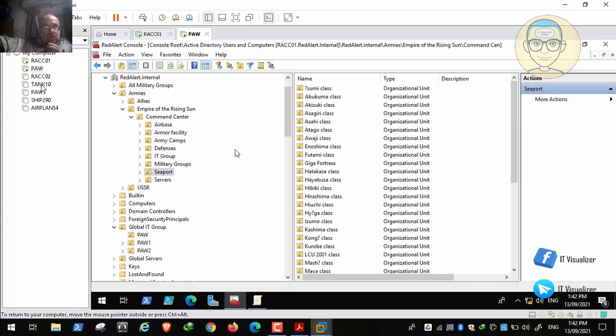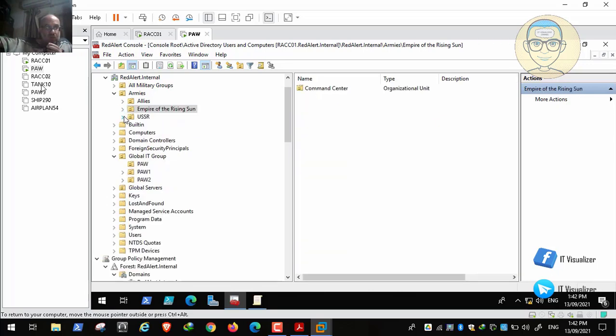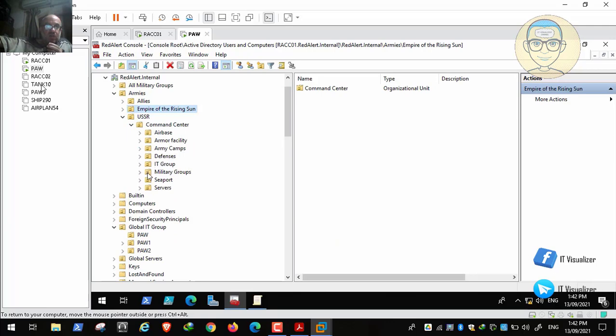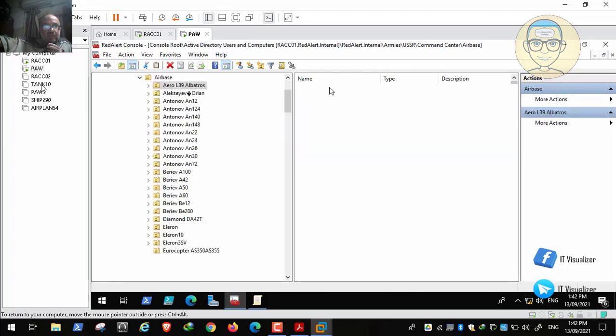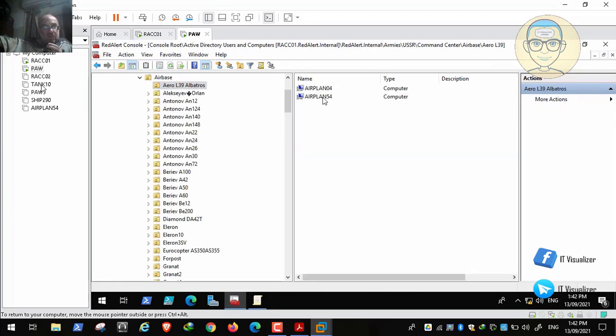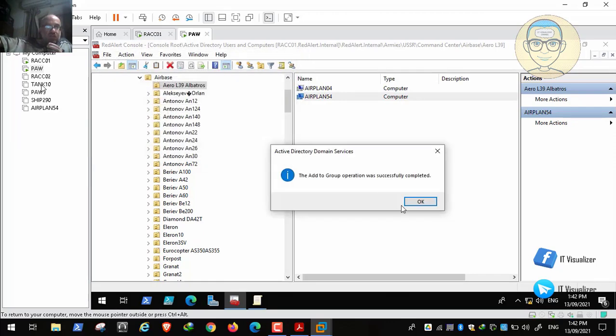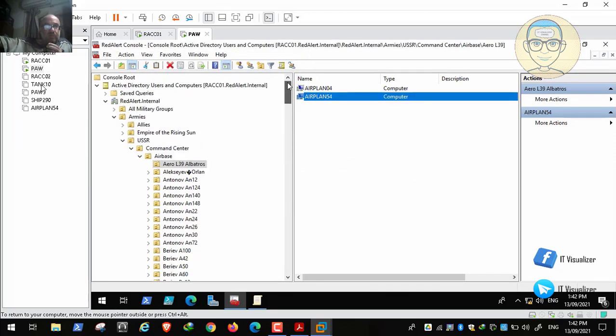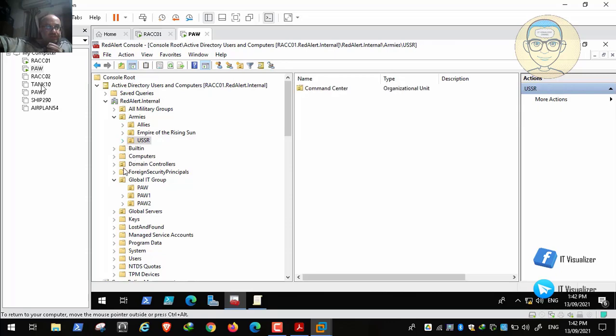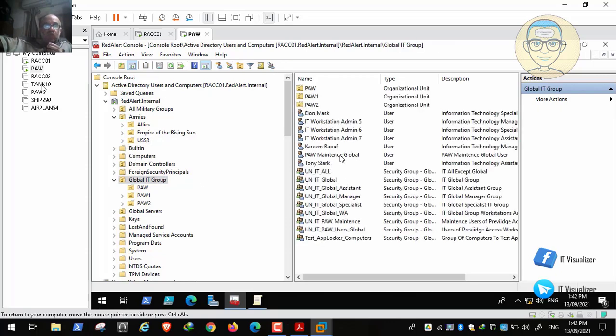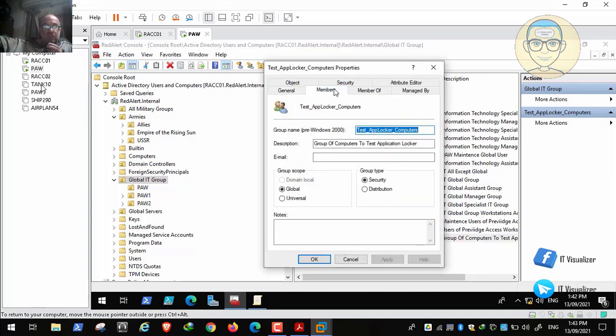Then we'll create a new group policy and apply it to them. This new group policy contains the new AppLocker policy. So we'll go to the Russian army, then I think the air base, yes, then Airplane 54, and this will be added to the group. Then we will create a new group policy and apply the AppLocker through it. So now we have added 3 computers to our test AppLocker group. Now we need to go and create a new group policy. When we open the test AppLocker computers and see the members,